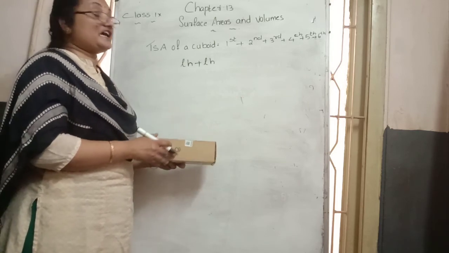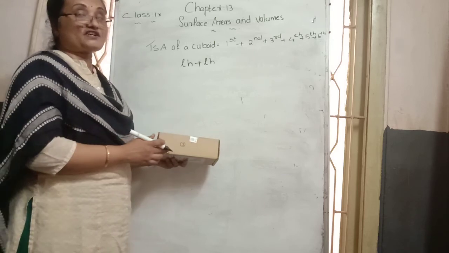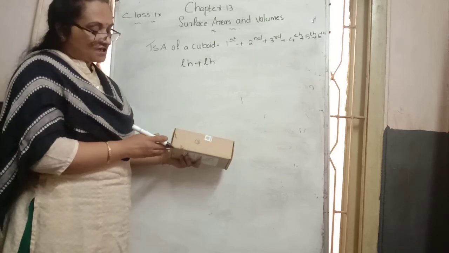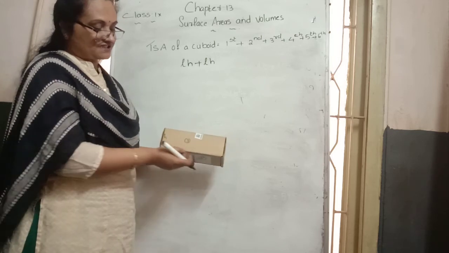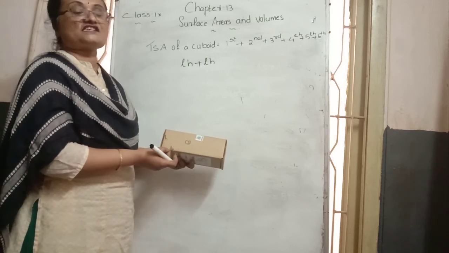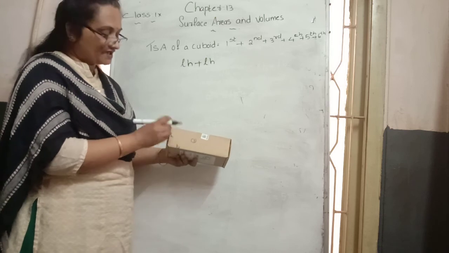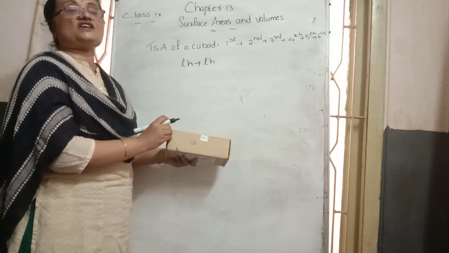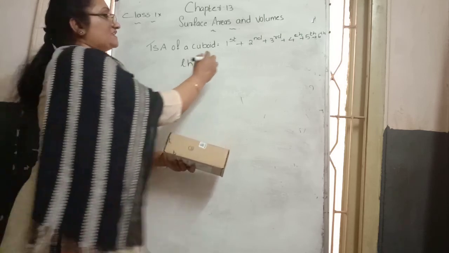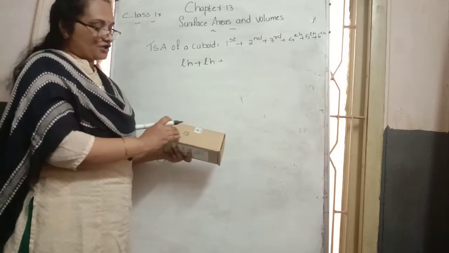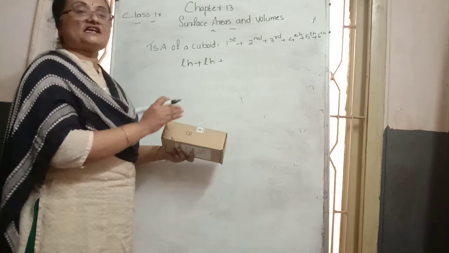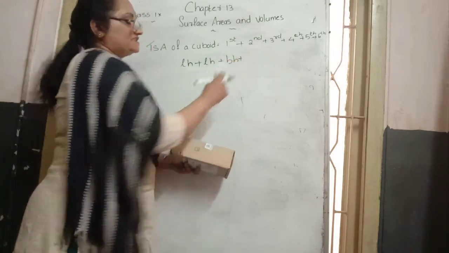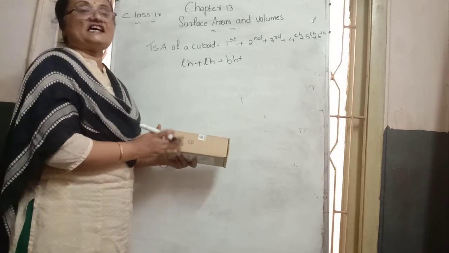Then the next face is our third face, which we already marked. In this third face, this part represents B. The length is equal to the breadth of our cuboid, and the breadth represents the height of the cuboid. So we take the area of this rectangular part as length into breadth, that is B into H. This is with respect to the third face.